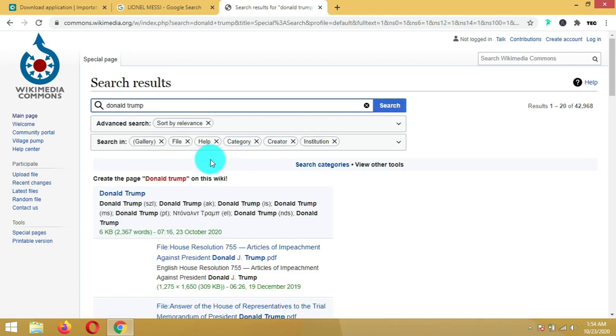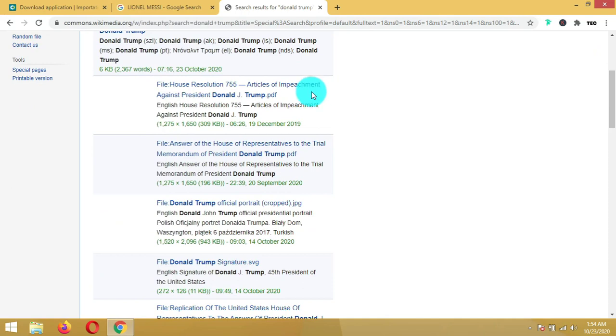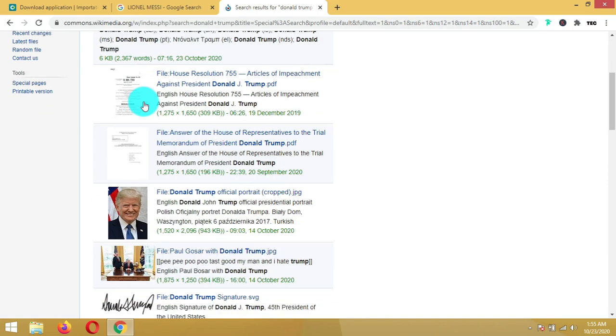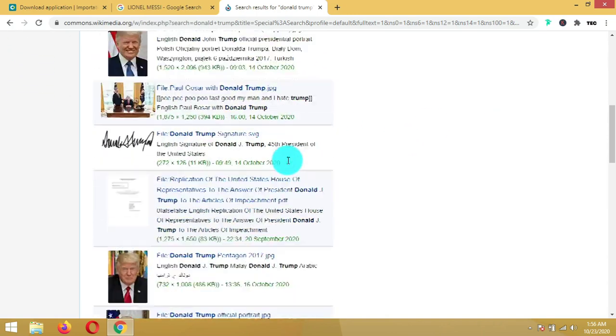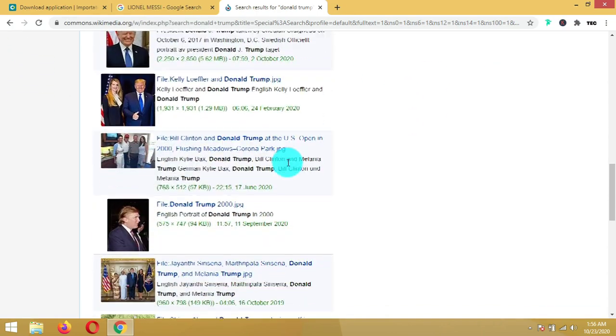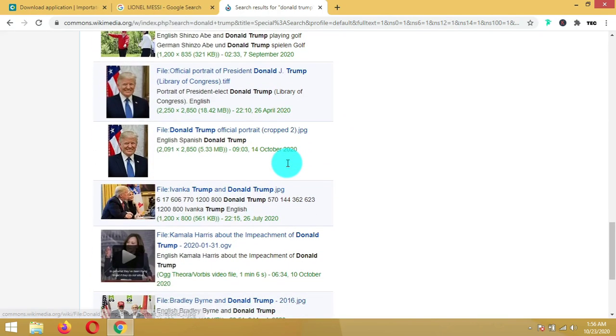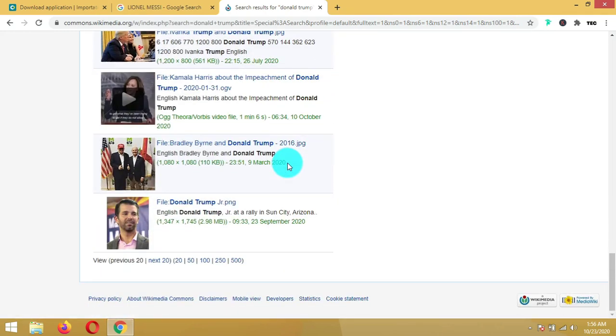Now it has actually showed us the images. Scroll down, still loading. So as you can see, it actually gave us some images of Donald Trump. And all these images are free and you could actually use them on your blog without any copyright issues as well.